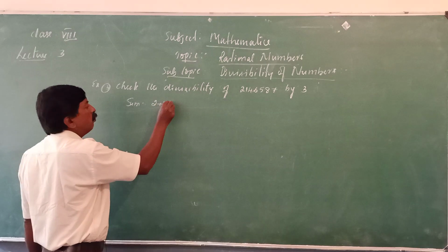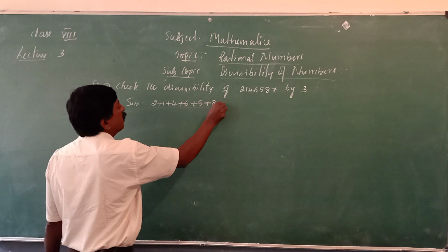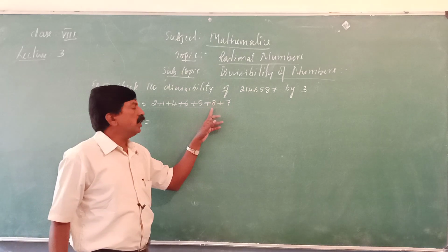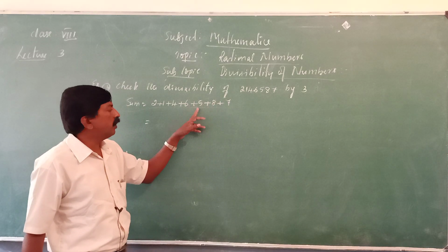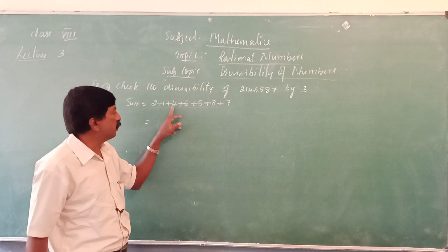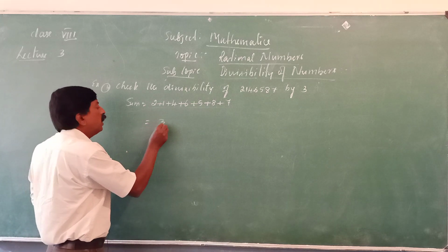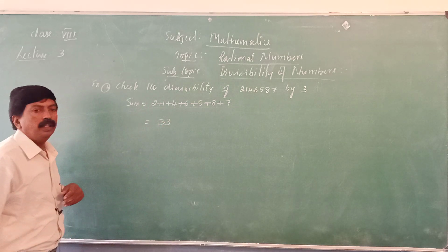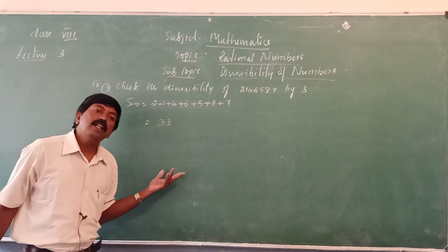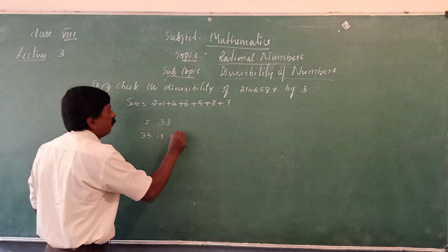2 plus 1 plus 4 plus 6 plus 5 plus 8 plus 7. Find its sum. 7 plus 8 is 15, 15 plus 5 is 20, 20 plus 6 is 26, 26 plus 4 is 30, 30 plus 1 is 31, 31 plus 2 is 33. So, 3 11s are 33. Therefore, 33 is divisible by